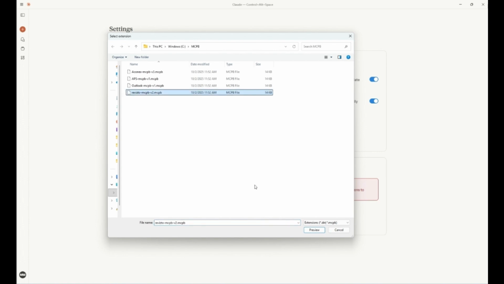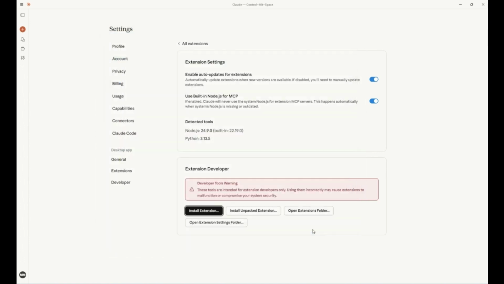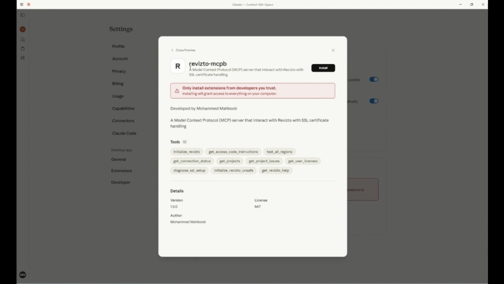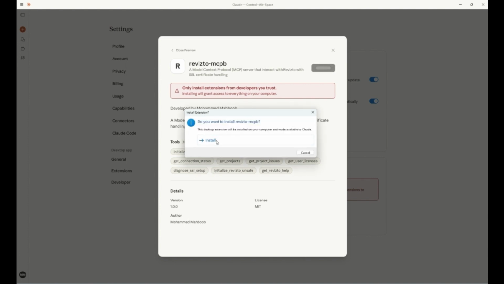I'll select this, and these are the two different extensions, and I can look at the preview. It asks me for confirmation whether I want to install this package, and there are the different tools which are available. And once I install this package,